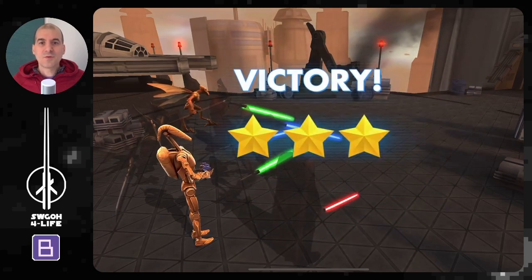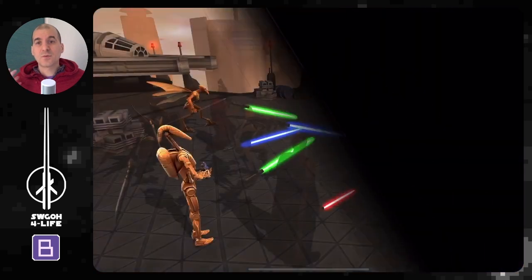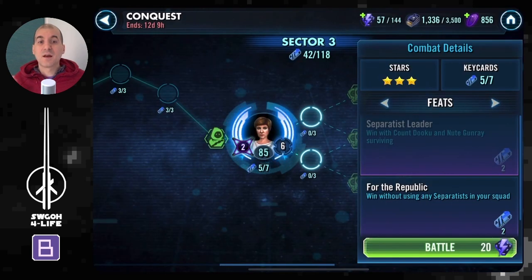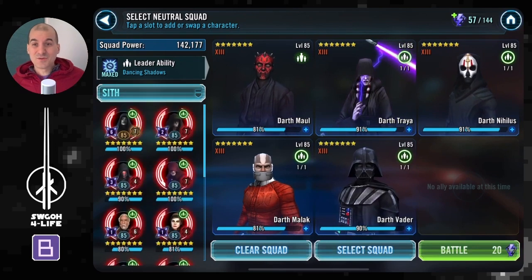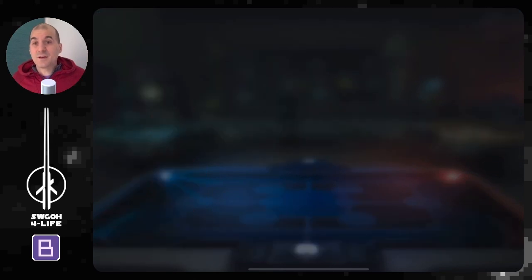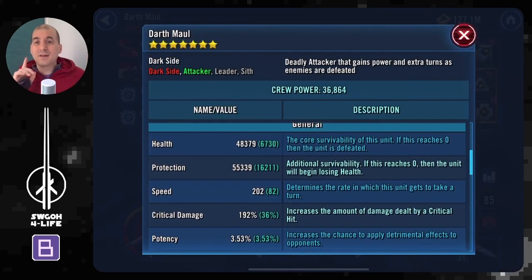And I think that's one of the main reasons why Geobrood works so well, having a tank that you can resummon as well as his support, so when he does attack, he does big damage. Now the other feat, obviously this is totally flexible, you just don't use any Separatists and win and you should be good to go. Now the reason why I went here with Maul Lead and Vader as well,